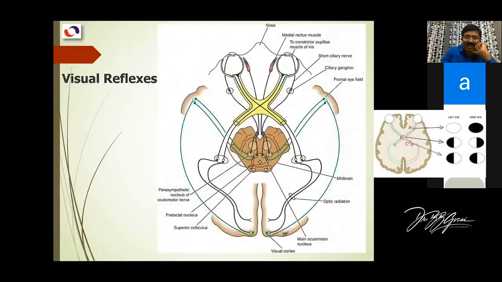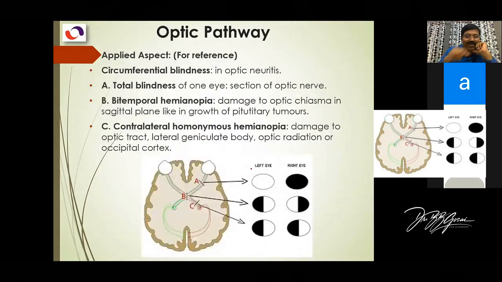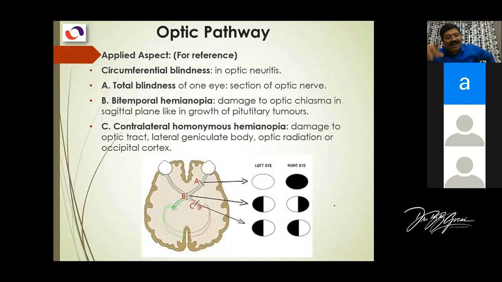Let me flip to the last part of the picture for the clinical, and then we'll discuss this one. See, this is for the right side. So the left half of the field of vision, the last part, I am talking of C. We call it contralateral homonymous hemianopia. Because you track the fibers in the pathway, you will find exactly the field of vision is this, because the retina receiving fibers from this are damaged.